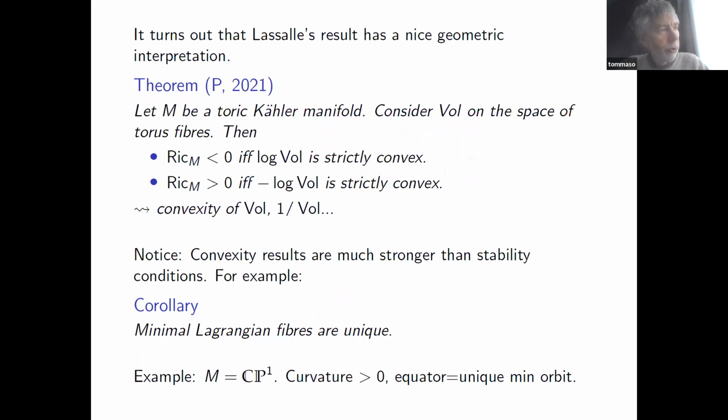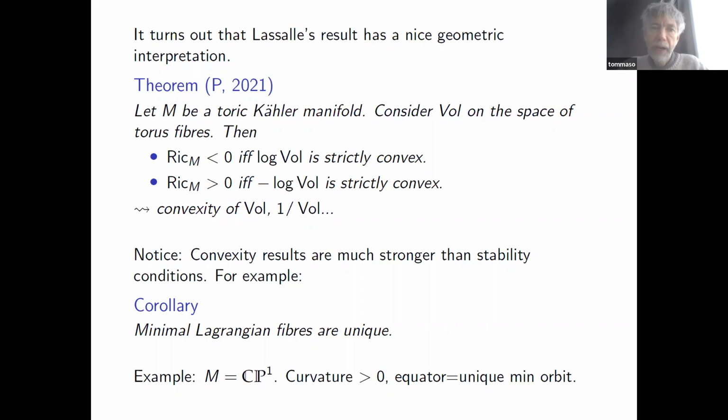I would like to show that LaSalle's statement, which is a very analytic statement about function theory, actually is very relevant to geometry, and it can be expressed in very geometric terms. And I will do that by showing you this theorem, which is completely geometric. There's not very much function theory inside of it.